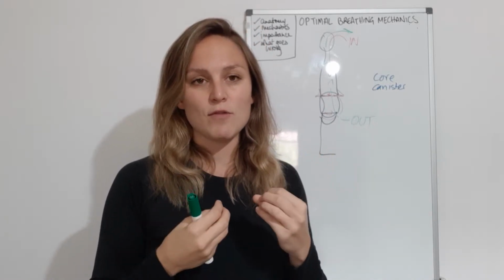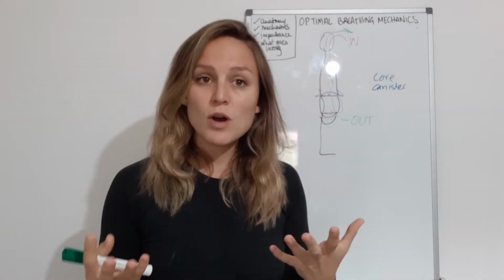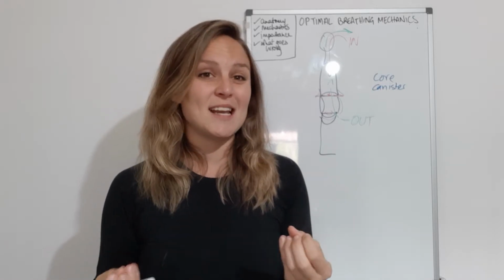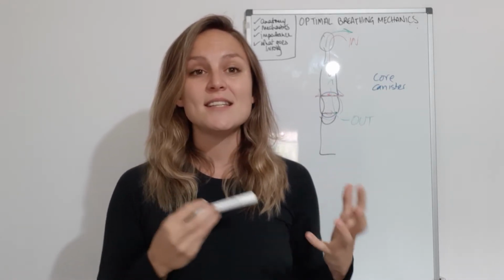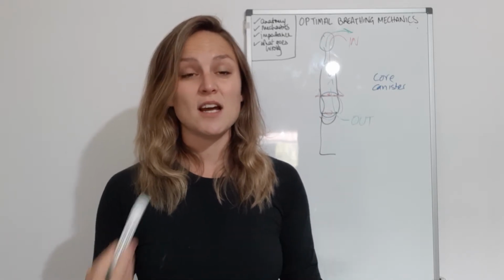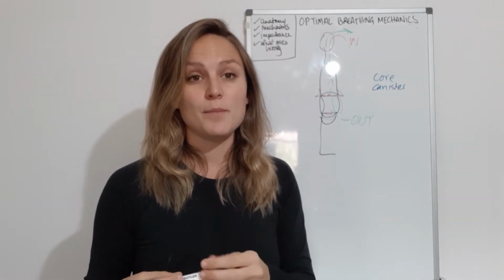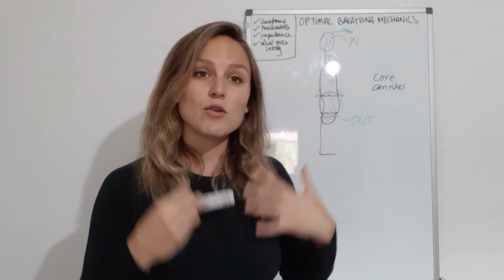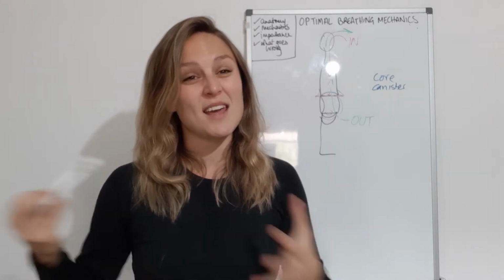Oftentimes when we have back pain or pelvic floor dysfunction or diastasis recti or all kinds of core dysfunction, that we can group them together under that umbrella term, this is often a missing link. It's often something that, or even tension in the pelvic floor, or hypertension in the pelvic floor. This is often overlooked. It's a stage that trainers and sometimes physios don't look at and don't consider and don't address before moving on to other more complex issues. And I've seen many trainees who have a kind of chest breathing pattern, and when you correct that breathing pattern and improve it and bring them into a more organic breathing pattern, bring them back to what they should be doing,